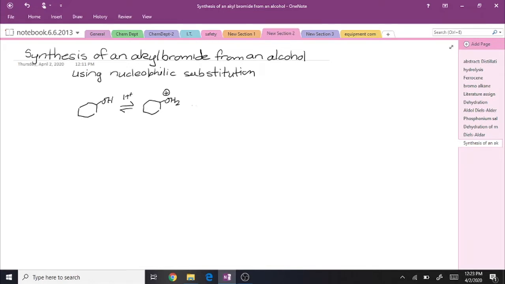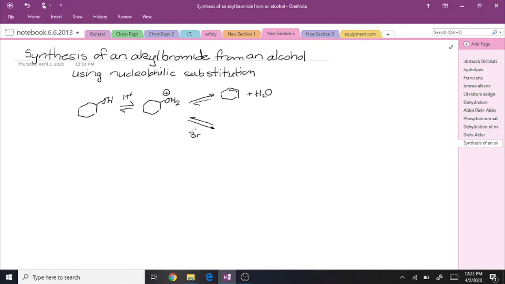Last experiment, we did the same process using phosphoric acid, but in the process we synthesized an alkene. We had an elimination reaction. We lost the water, regenerated the acid catalyst, and made an alkene. This time, we will be following the same procedure initially, adding some acid, but now we will have some